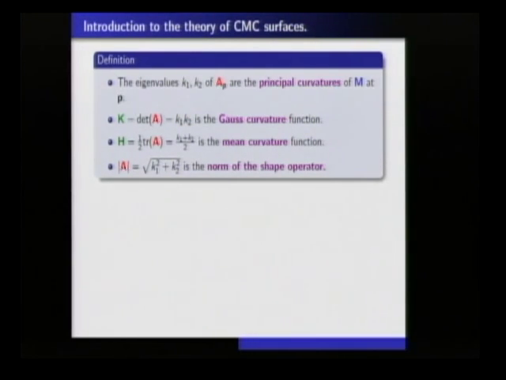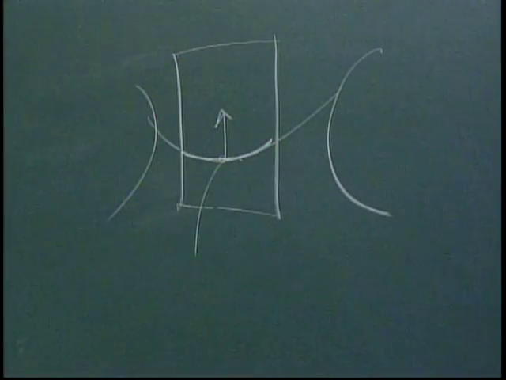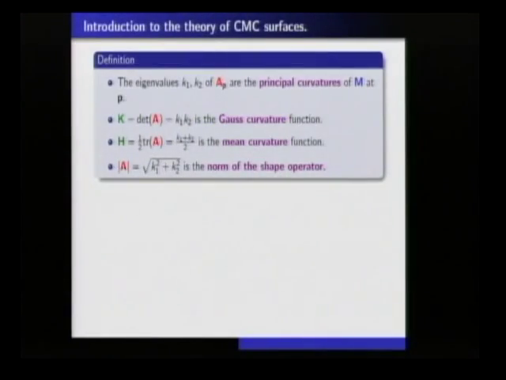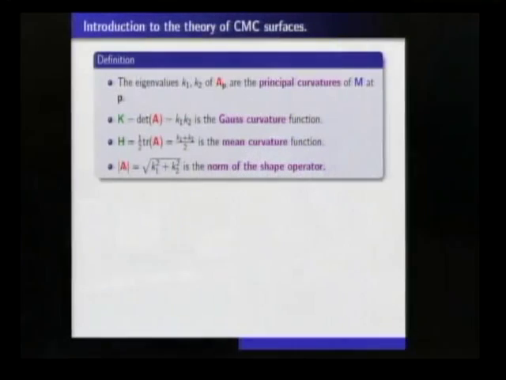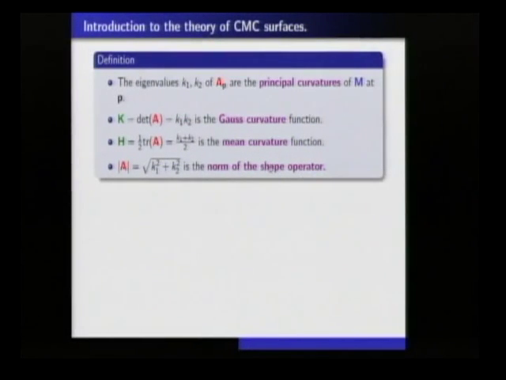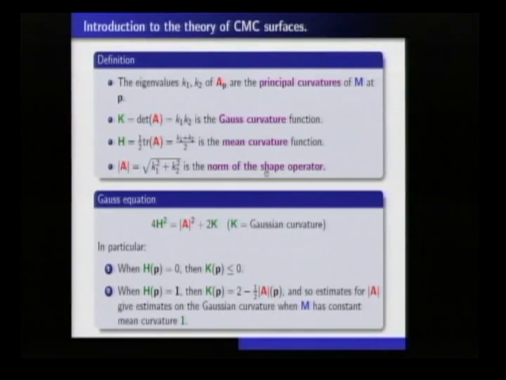So if the normal curvatures are all small in absolute value, then this number is going to be small. That means it looks like a flat graph over its tangent space. So locally, you can look at the tangent space on the surface, and you can think of a little part of the surface as a graph over its tangent space. Well, if it's a very flat graph, then that corresponds to this norm of the second fundamental form being small. And another crucial equation that we have from classical geometry of surfaces is what's called the Gauss equation.